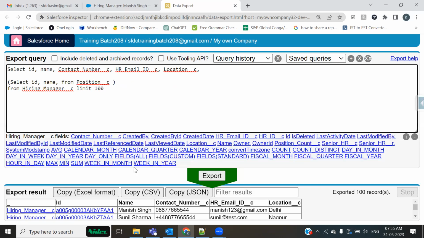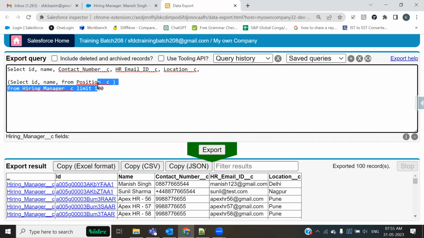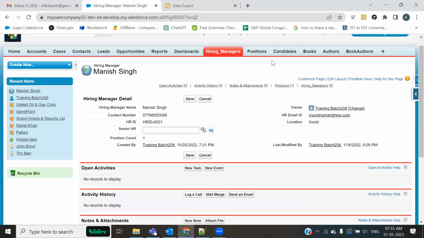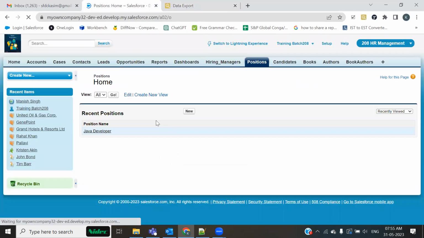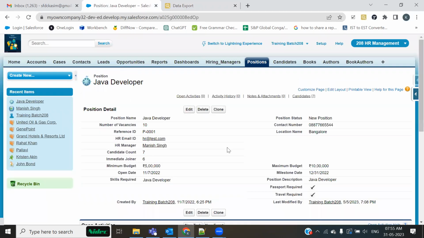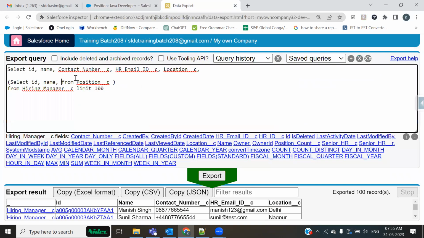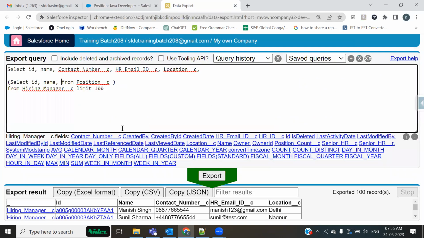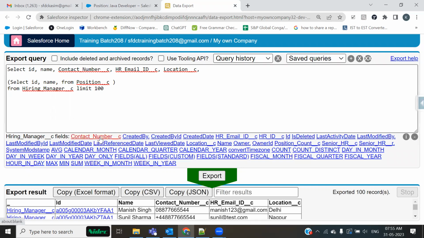No, it's not getting position. Position have contact? No. Yes, it is having. Sometimes I may confuse myself. Okay. Ah, this is popping up from the position. Okay. So I'll fetch contact number,